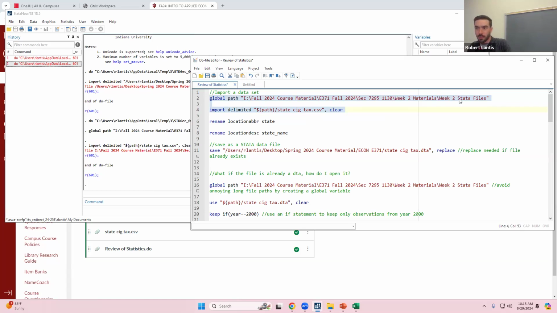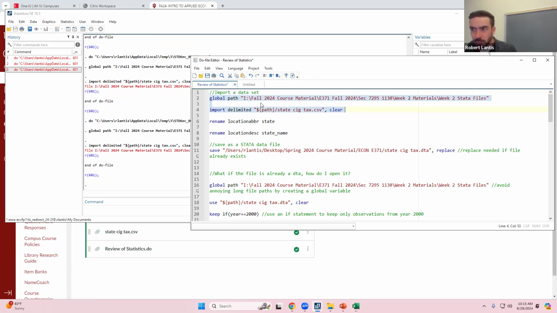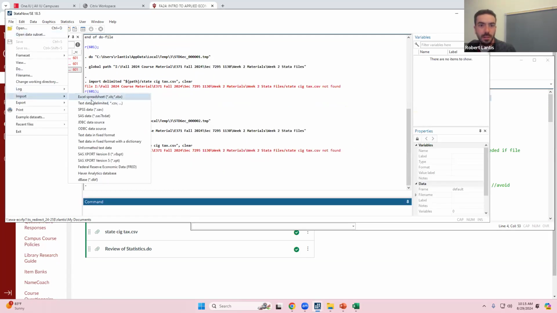Oh, why isn't it like that? Because that's going the wrong way. Sorry. What did I have wrong here? My iDrive, I'm in the right folder. Well, maybe I've got the wrong file path. Let's check this out.